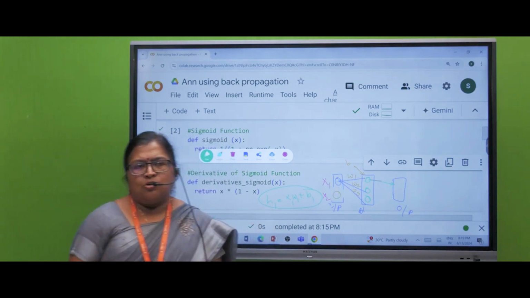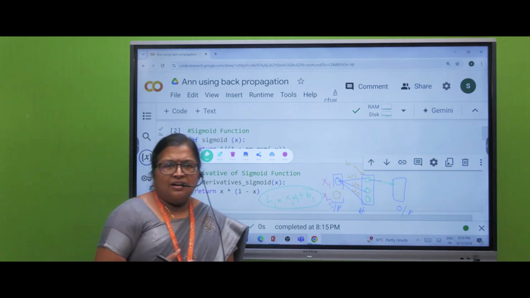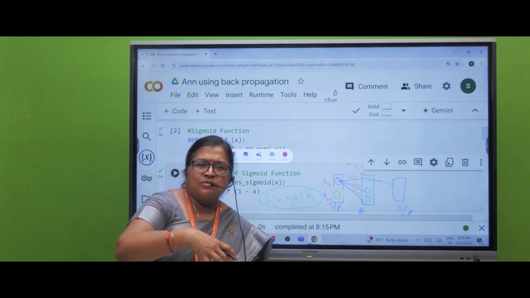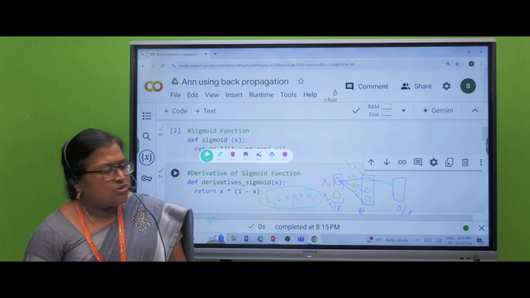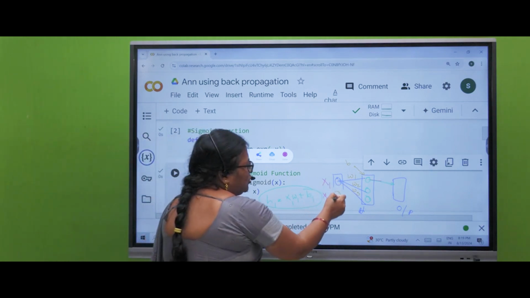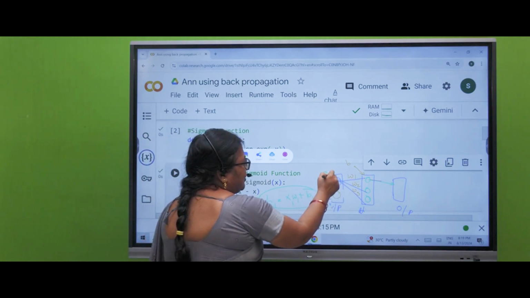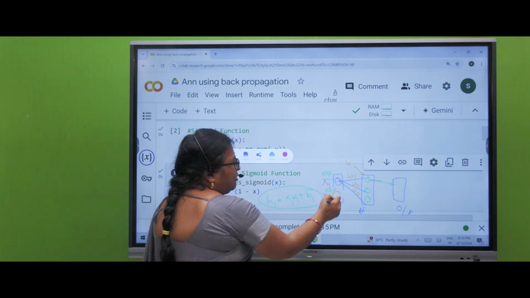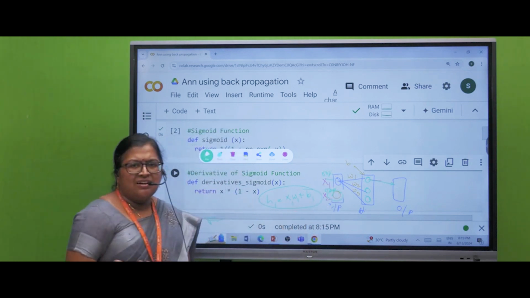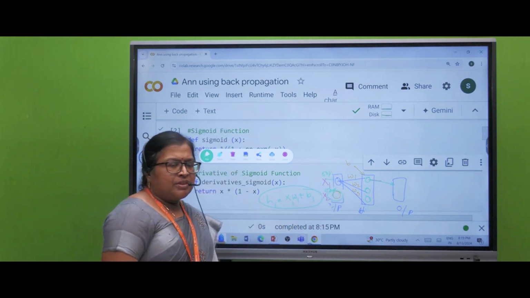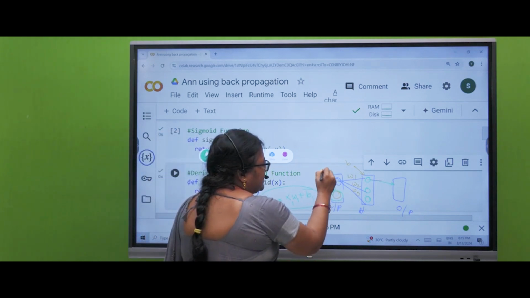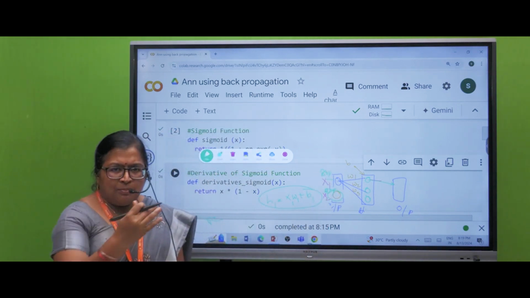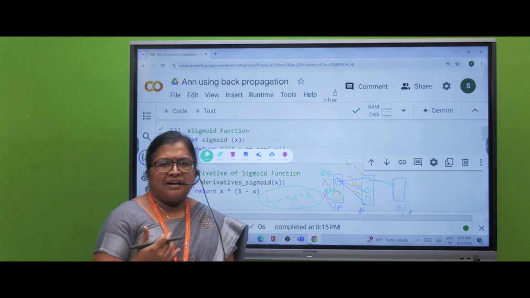To get some output, maybe some nodes are most important and some nodes are much less important. So for these two nodes, I cannot give 50% and 50% weightage. Maybe this feature is useless for me, so I can give the weightage for this node as 20% and this one as 80%. Depending on that, the weights will be updated.